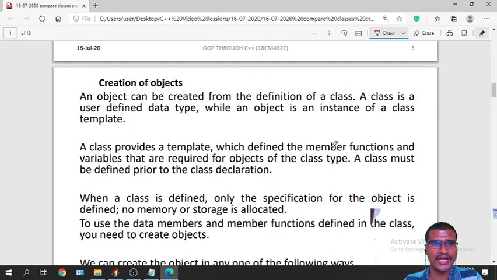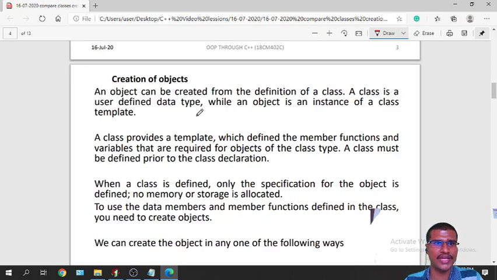And next, how will you create objects? Okay, how will you create objects for the class? An object can be created from the definition of a class. Once the class is created, then for the class I can create any number of objects by using the syntax.